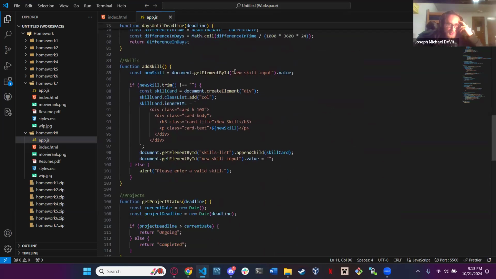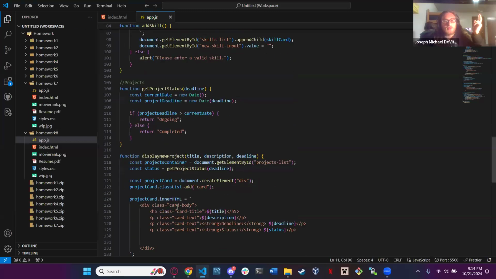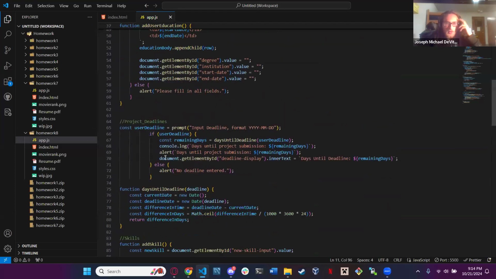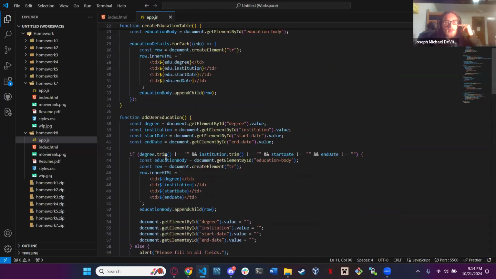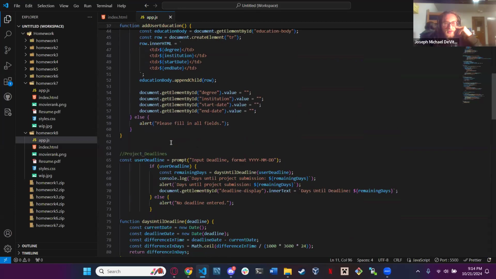So this is for skills, how you can add new skills. This top part, same with the other part, this checks if all the fields are valid and filled in. And then it's the full projects. So that's for the status. I think it was up here. I think I might have skipped over it. Apologies. I actually don't remember where I put it because I have too much stuff in here, but somewhere here,